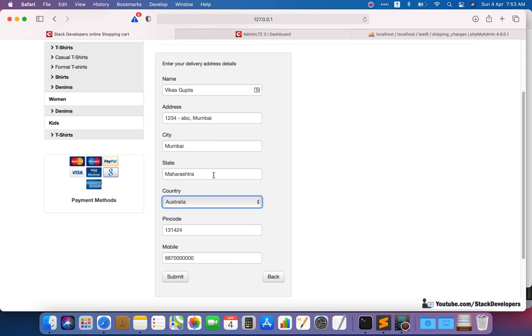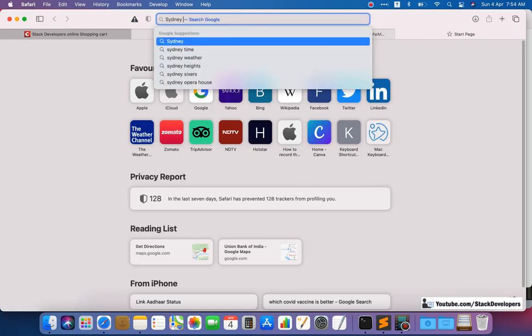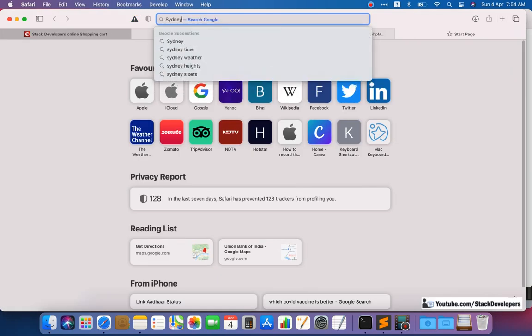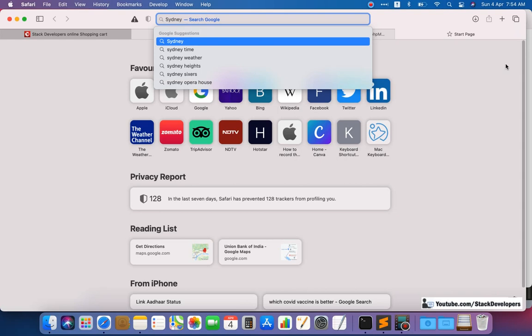And here you can add an Australia city, an Australia address. Something like this. Sydney is the city of Australia, not the capital.